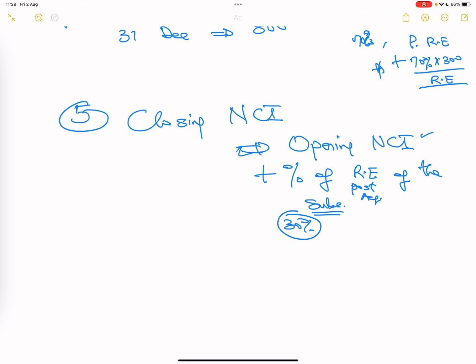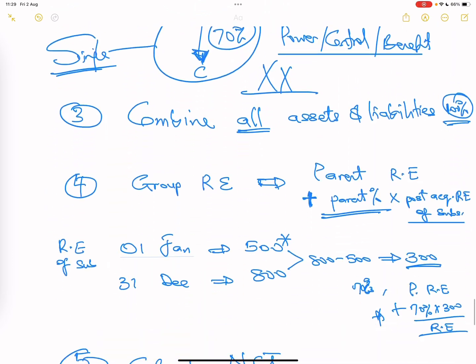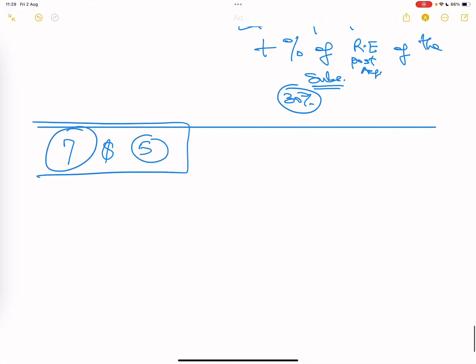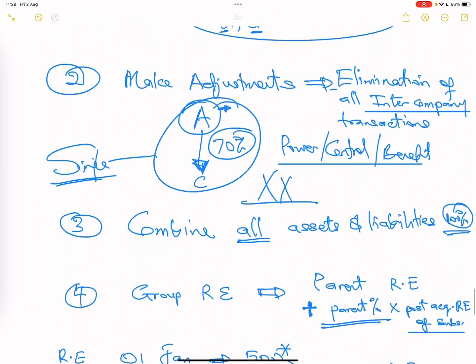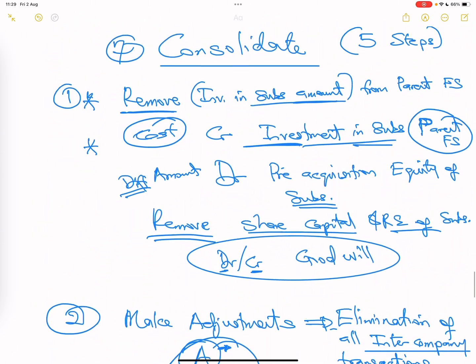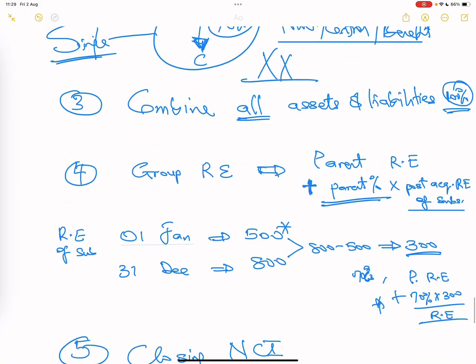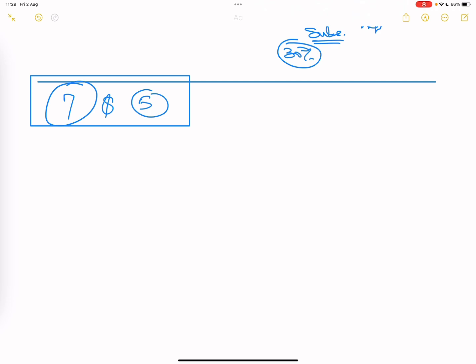But like I said, gradual process, we keep building this understanding. Yeah. And those are the steps I need you to learn. So please take your time, go through again. Remember your initial 7 steps and your final 5 steps. Those are the things you need to know first. Try and understand each of these steps. At least, even if you have to memorize them. Put them on your card or maybe a sticky note or something. Look at it. Anytime you want to prepare a consolidated financial statement, use those steps. And with that, I believe you will be home and